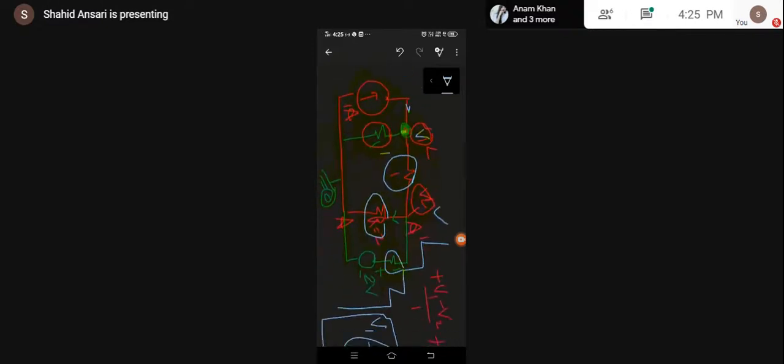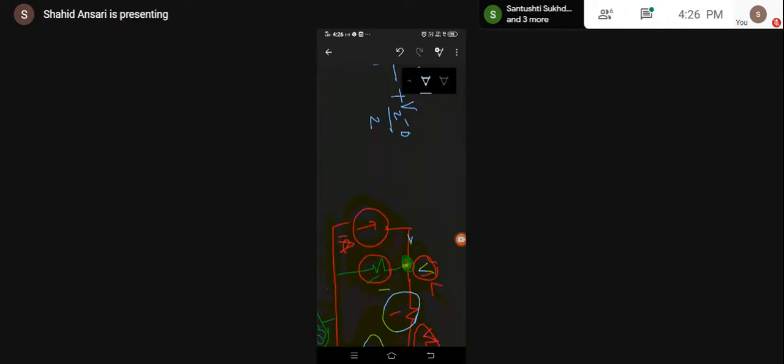Thereafter, for this one, what will be the voltage across this particular branch? It will be V2 minus... Now I cannot write V2 minus 0 here, because for the other branch, across both terminals, one is V2 and the other is 0, so I can simply write V2 minus 0. But this is not the case with this particular branch. This is 1 ohm, this is V2, and on the other side it has plus 2 volt. So I will be writing V2 minus plus 2 divided by how much?